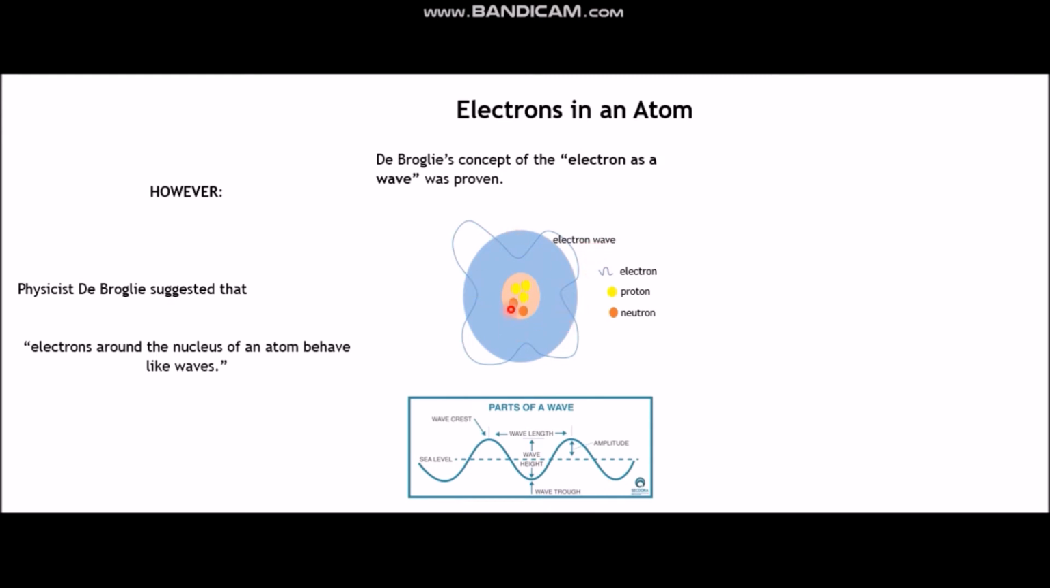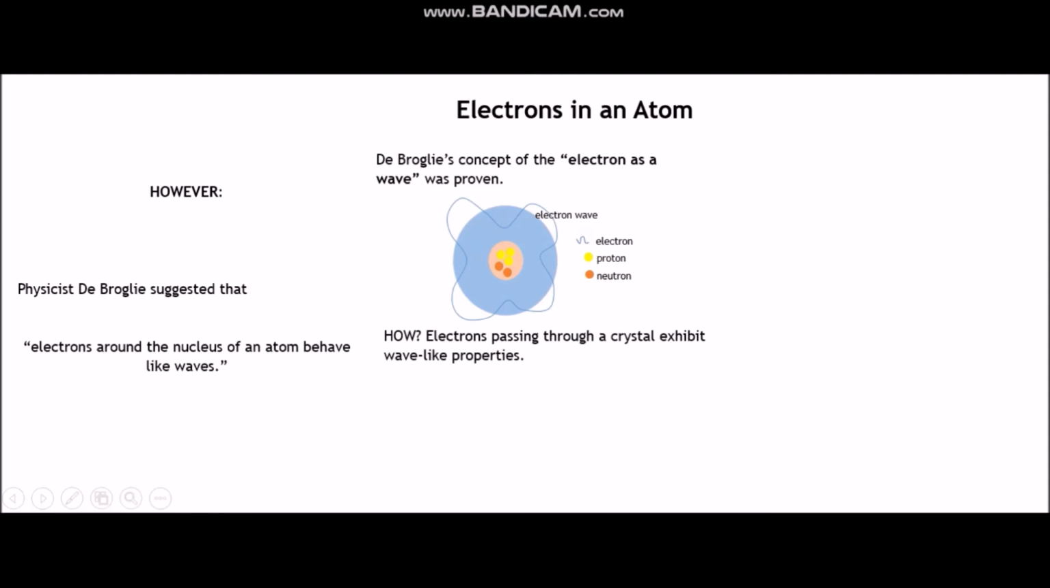So here I'm showing you a diagram of the structure of an atom again, and here the electrons are behaving as waves around the nucleus of the atom, generating wavelengths as shown here in this wave diagram. So from one crest to another crest, that's what we call the wavelength. Okay, so this concept was shown or proven when electrons were shown to pass through a crystal, thereby exhibiting wave-like